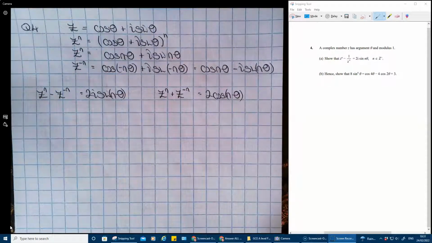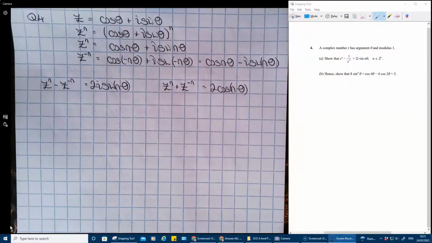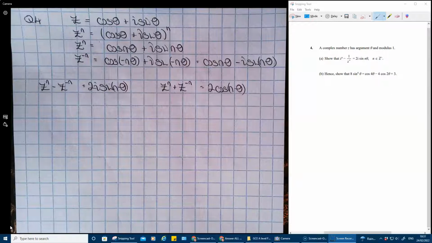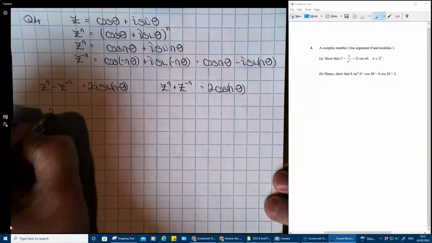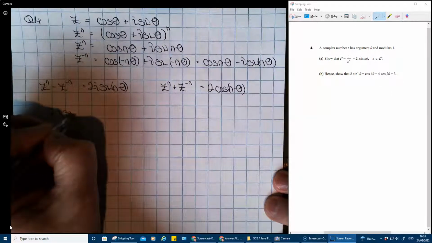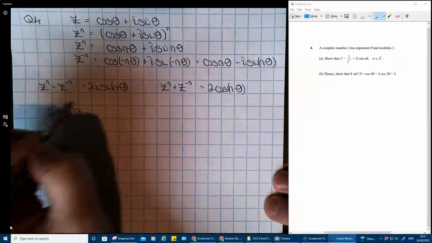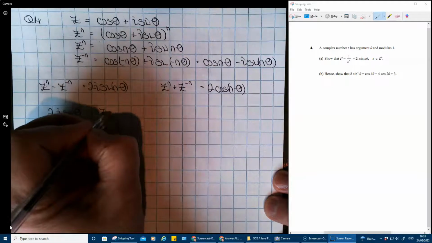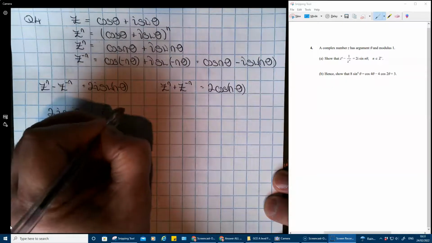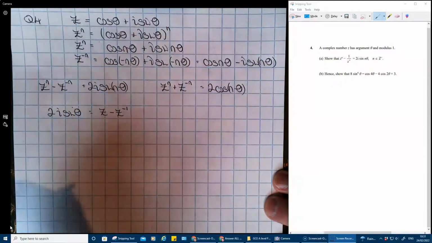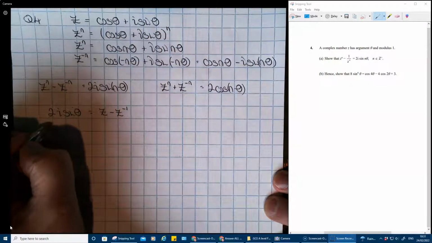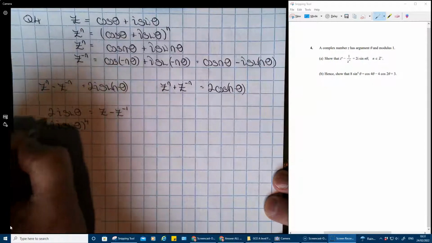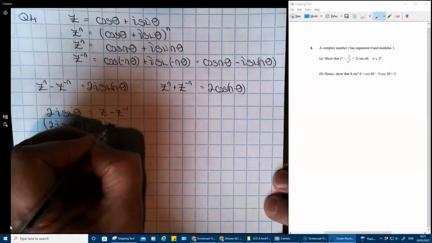Okay, now, so I've done part A. Part B says, hence, show that. So I know that 2i sine theta equals z minus z to the minus 1. If I raise that to the power 4, both sides,